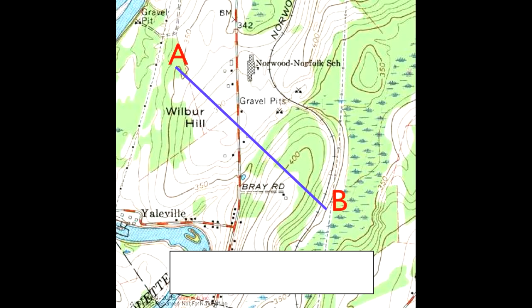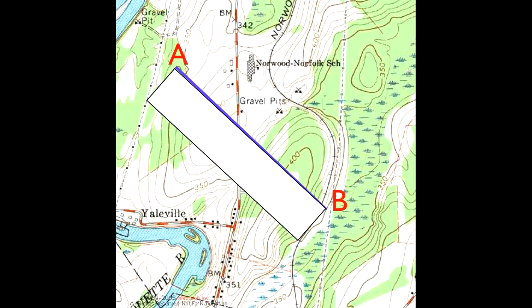Step number 2 is to take a piece of paper and mark on the paper where the line you just drew crosses a contour line. Okay, so here's our piece of paper at the bottom here. We're going to move that up there. And everywhere that line we drew crosses a contour line, we are going to use our pencil and make a mark. There,